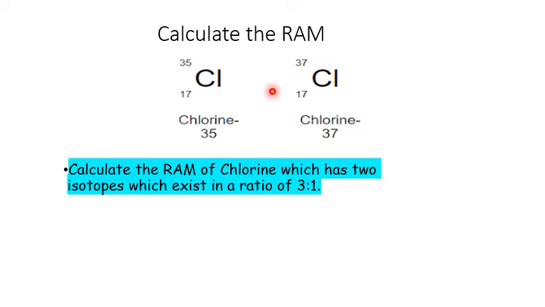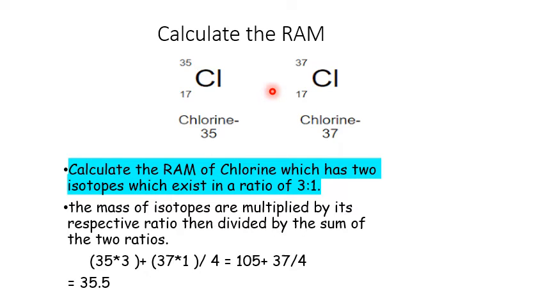So how are we going to be doing that? They give us this information. They have to give you the ratio. You have to know what ratio they exist in. So this ratio here, the first number is for the first isotope and the second one is for the last isotope. So the first thing that we're going to do is multiply the mass of chlorine